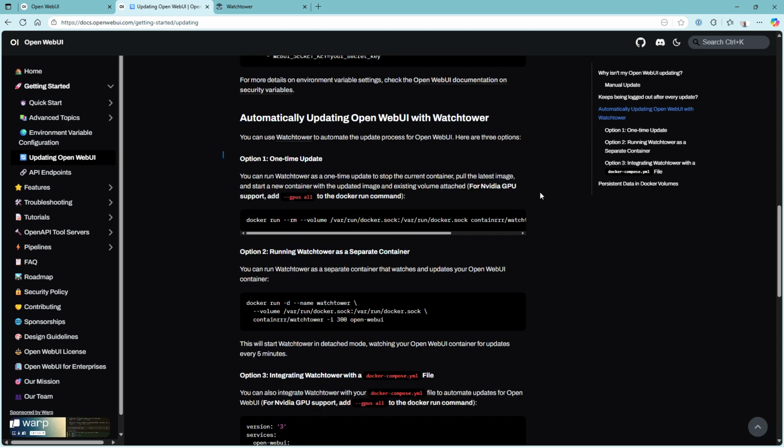Let's look at the options. Option 1 is a one-time update. It's more of a semi-auto option in this case, but it's still nice because it does it all with one command. It's one and done. So what it does is it starts up a Watchtower container, and this --rm will tell it to remove it when it's done, so it'll automatically remove that. It'll just run it once, and it's important to have the container name, what you're updating, in this case, Open WebUI. This here just connects the socket to the Docker daemon,